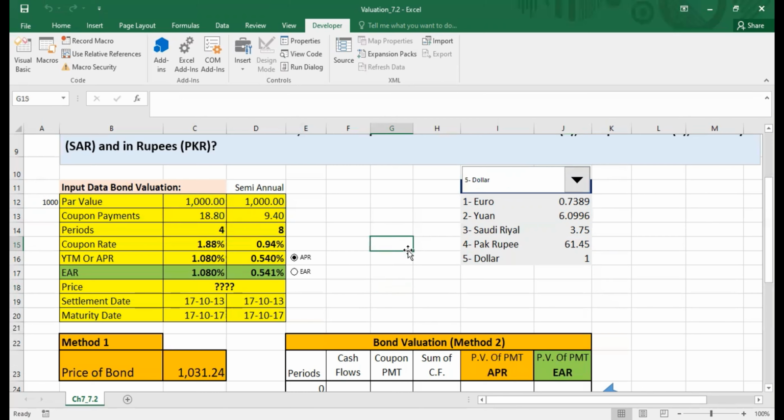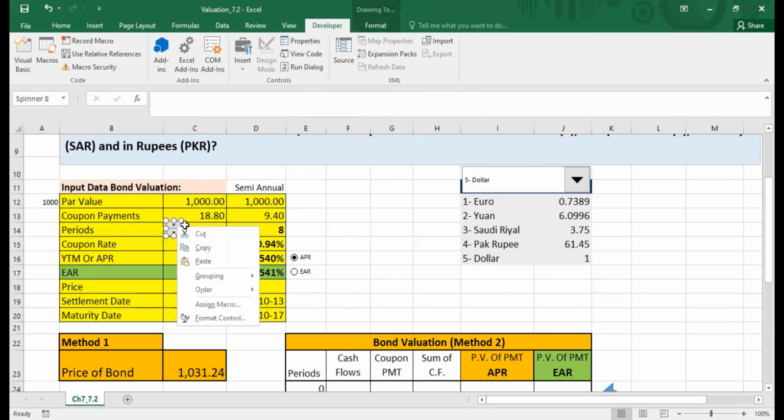Okay, let's add one more thing over here, just to revise what we did in our previous sessions. Let's put in a spin button with the periods. If I want to change these periods, let's put in a spin button. So insert, over here you can see spin button. I'm simply going to click on this spin button and put it over here. You can see a nice spin button appears.